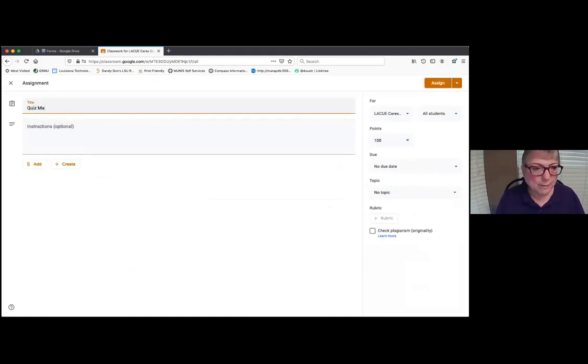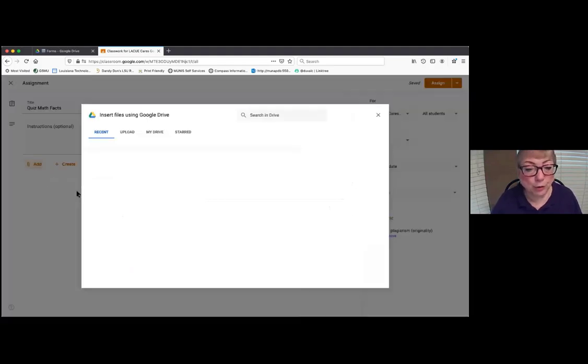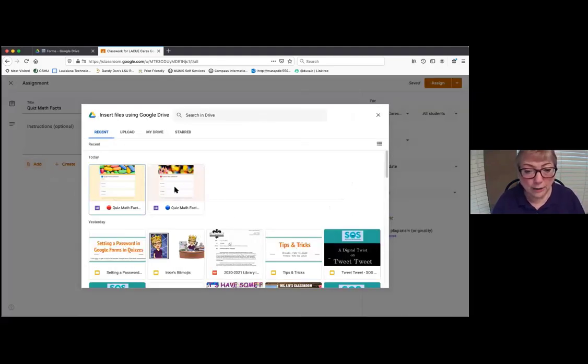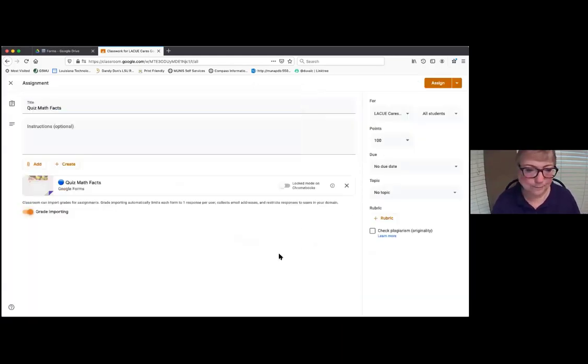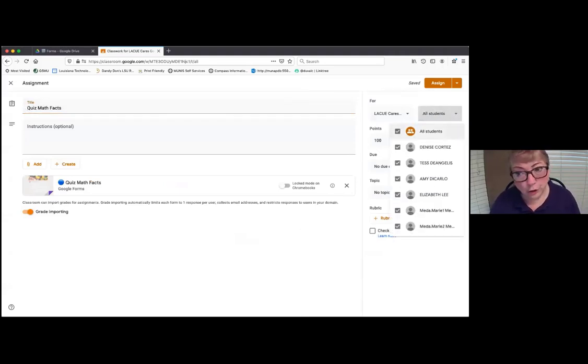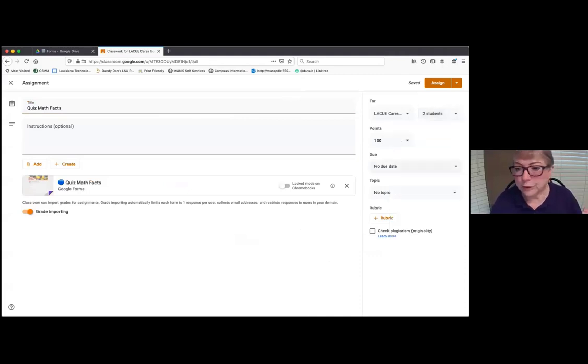And this is going to be quiz math facts. But remember, this is for the special students, and so I'm going to look for the blue dot math facts quiz, and there it is. And again, I could paste the blue circle right here if I wanted to. For students here, no. I just want my two little babies right here, who are my special students, and they need this quiz. So I select the special students. The due date may be a week later than regular students.